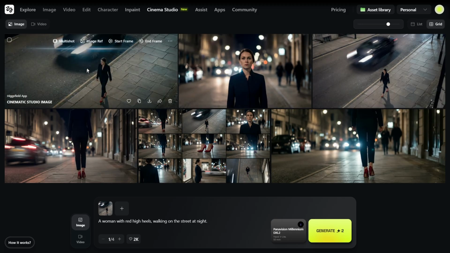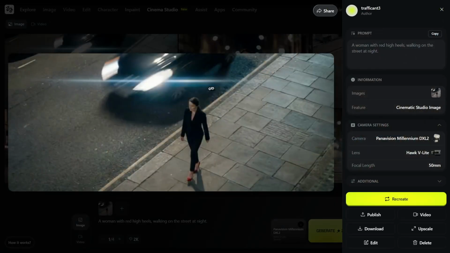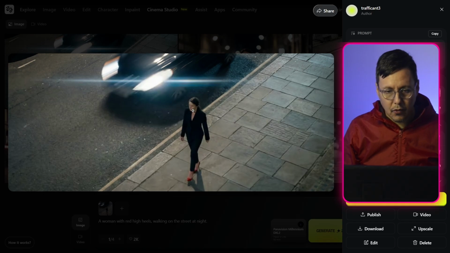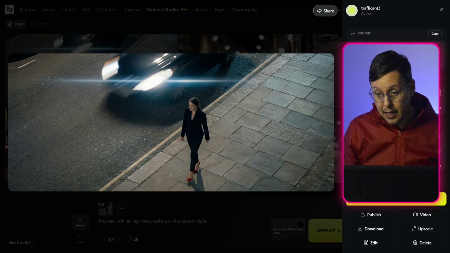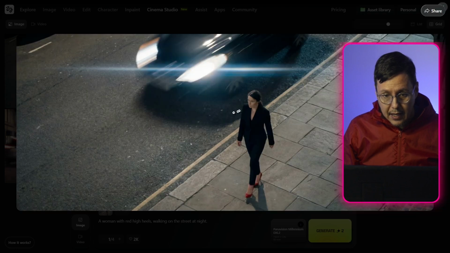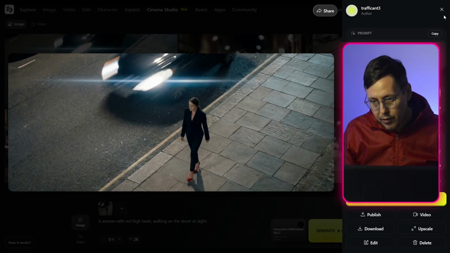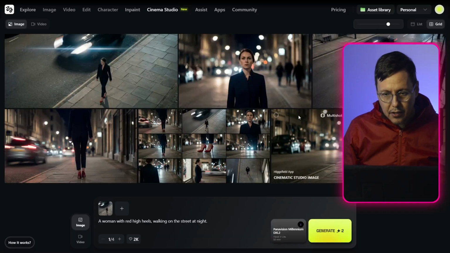Okay, up here we have our result, and now as we can see, it's generated with these camera settings, and actually it enhanced the shot. And now we can see the face. Before we couldn't see anything. Okay, so now